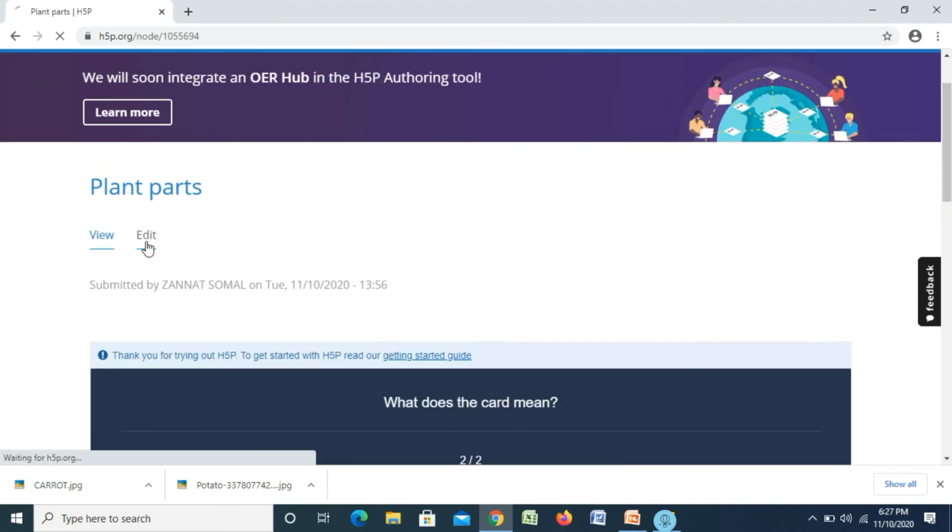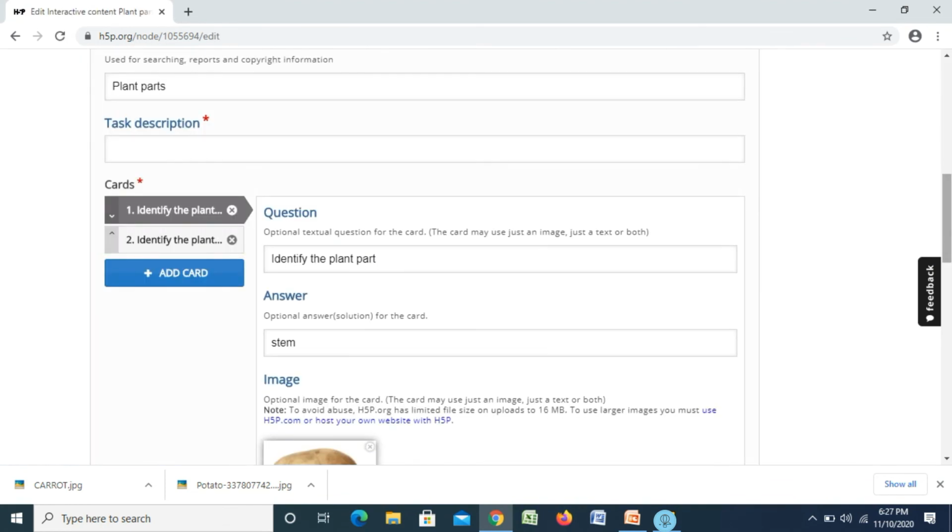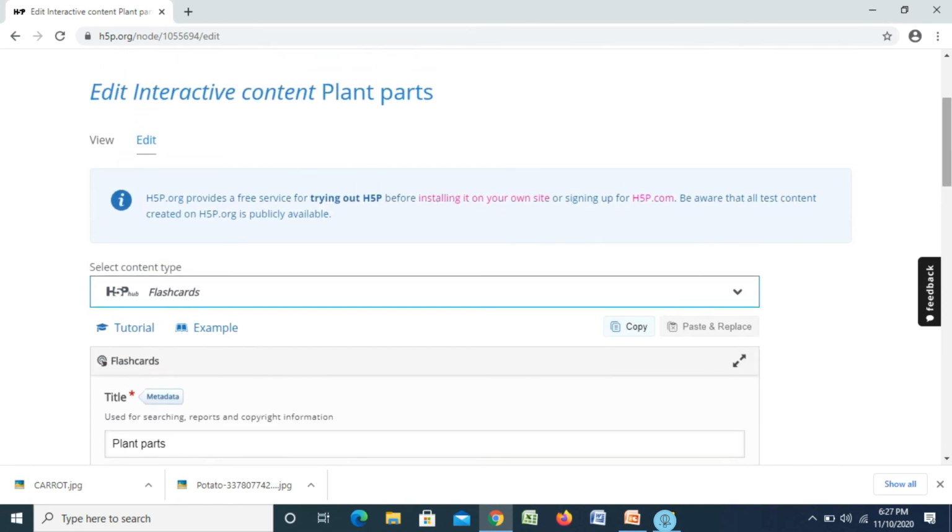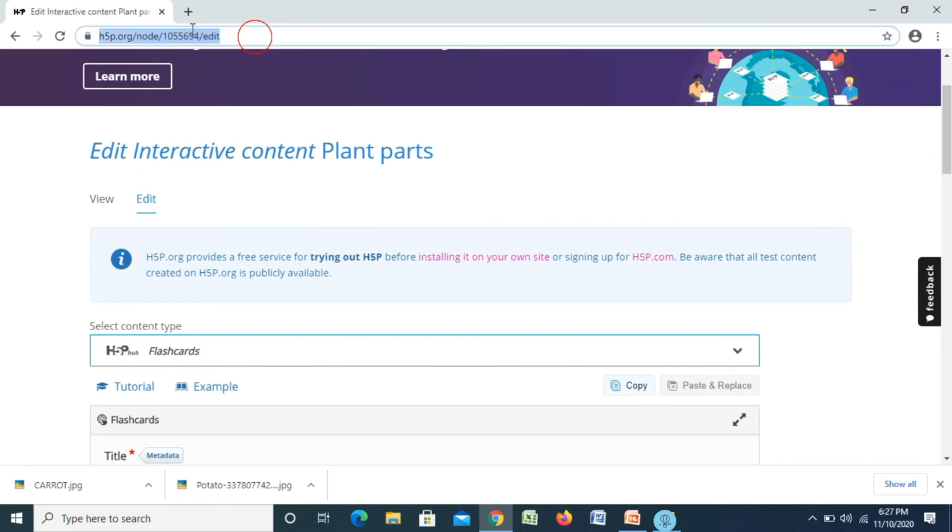You can edit it also. If you wish to delete some flashcards or add some other cards, you can add as many cards in this activity. And for sharing with the students, you just copy this unique URL for this particular exercise and share the link with the students while you are taking online classes or give it as homework. Students having the link can attempt and check answers online.